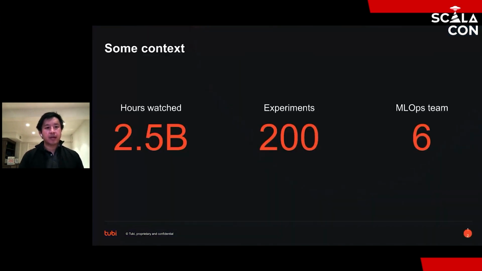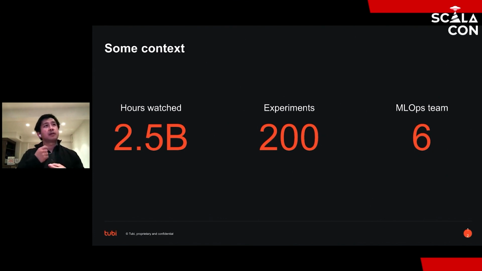Right. So first, some stats just to set the context. Over the past year, 2B viewers watched about 2.5 billion hours of content. So that gives you an idea of the data scale that we're working with and the request scale that our production system has. Roughly, we've run something like 200 machine learning experiments in the same time.